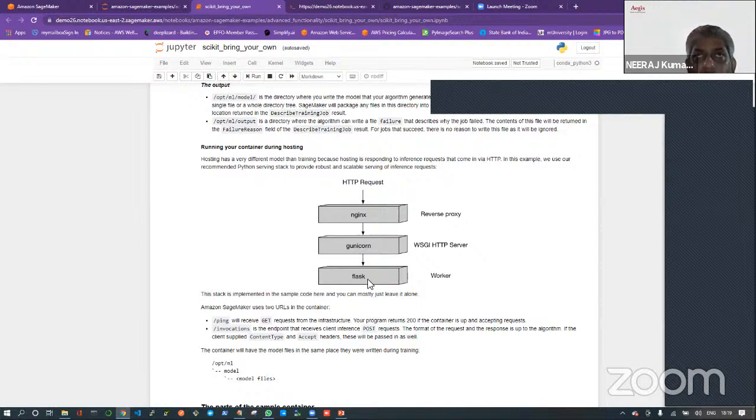All my training script will be wrapped inside a Flask application and deployed into this Gunicorn server, which is WSGI compliant. For running Flask or Python based code as a web application, you need a WSGI compliant server. Nginx, which is a front end server, is not WSGI compliant. That's why we need Gunicorn, where I can host my Flask application.